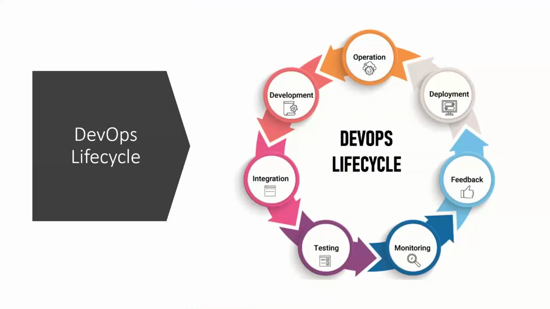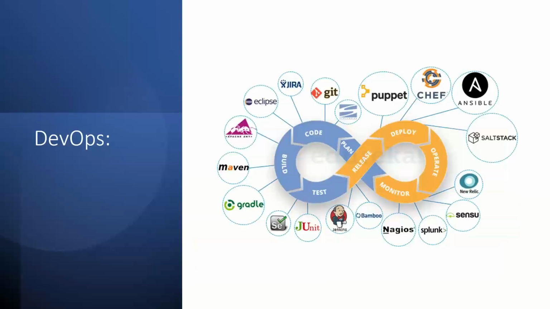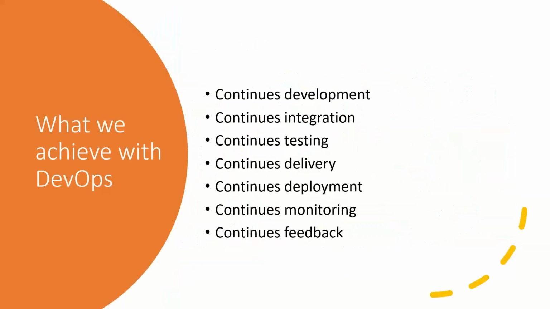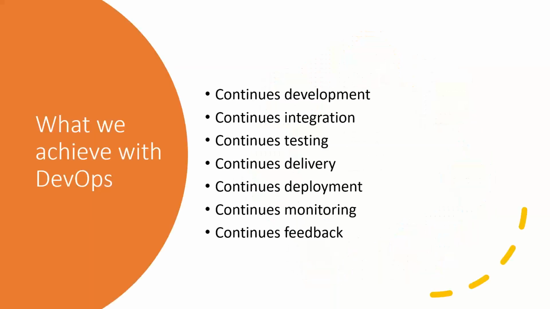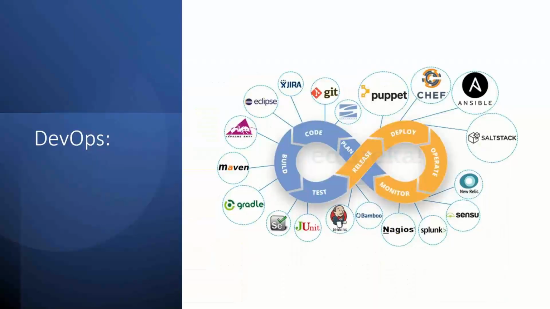So coming to the DevOps life cycle, whatever you're seeing here goes to the real implementation, right? Here you are seeing tools. Here you are seeing the diagram. In the development life cycle diagram, everything is continuous with the phases. Here everything is continuous with the tools in the structure.